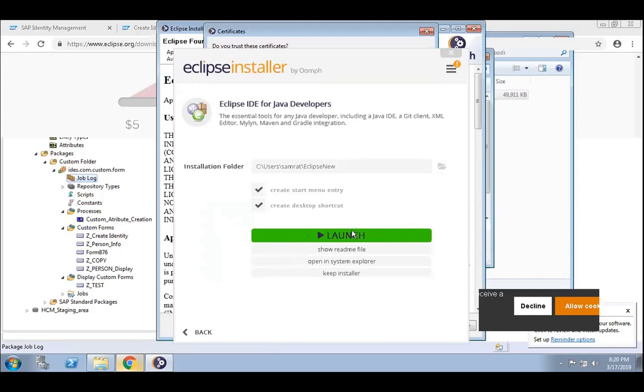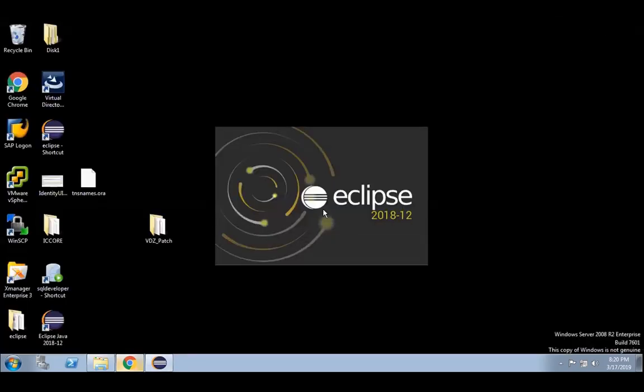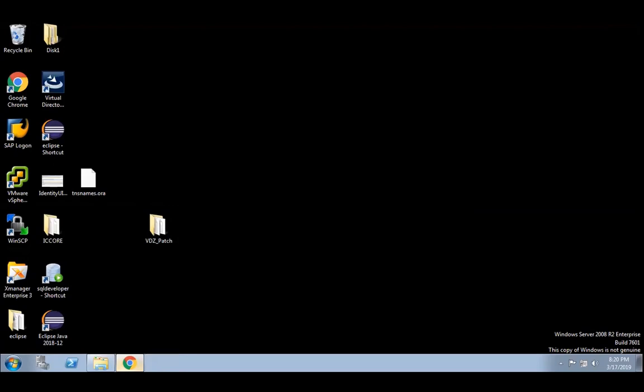Launch it. This is different, no? On your desktop one. Okay, this is a new one, it is asking for Eclipse. You can create a new workspace for this. Yes, I can create a new workspace. Just give me 2 minutes. Launch.